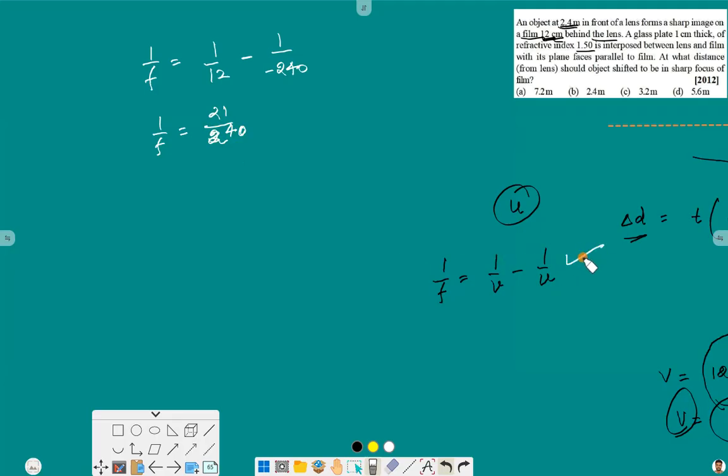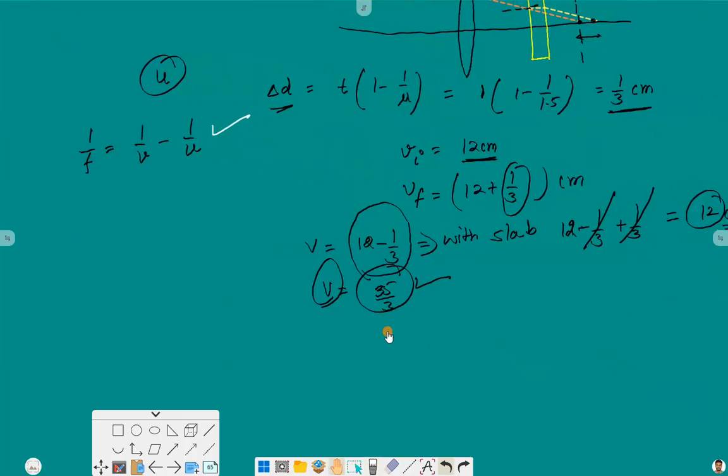Now we will use the lens formula again for the newer value of v, and we know the newer value of v is 35 by 3. So now 21 by 240 will be equal to 35 by 3 minus 1 by u, and from this the value of u comes out to be 5.6 negative meters. So this will be the value of u, on which if we place the object, its image will be formed at